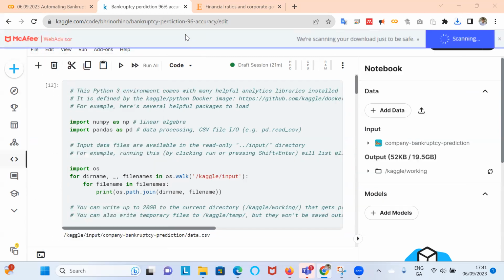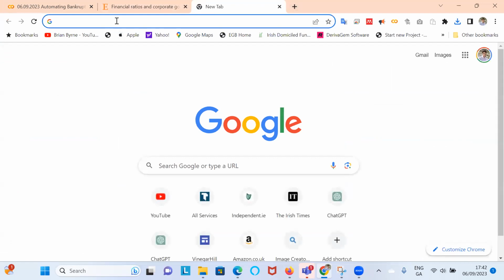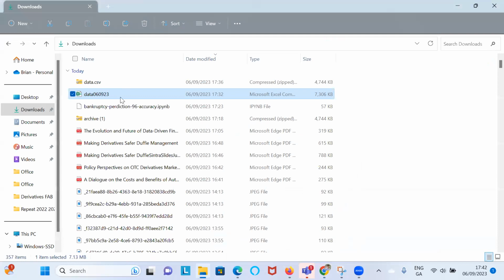Right? And if we shut this down and then go across to what we downloaded, we would have got this bankruptcy prediction .ipynb file, which was the name of the file that came down.